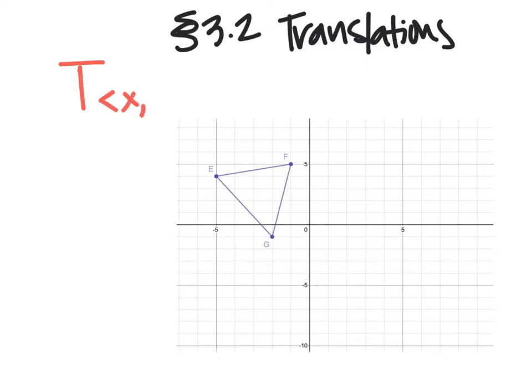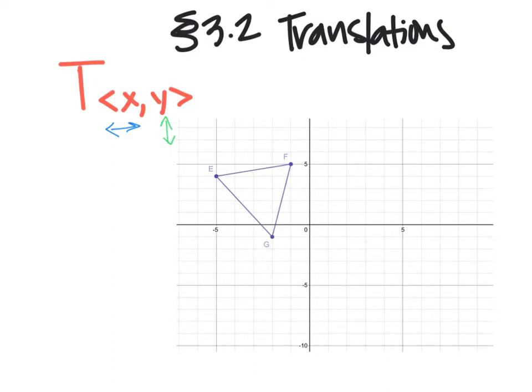parentheses, we use something kind of like vector notation, and vectors are line segments that have both a magnitude and a direction. So this is just a way of saying you're going to move both in the X and the Y direction in the same movement. That's kind of what a vector does. So this is vector notation. The X here tells me how I'm going to move left and right. So it goes this way for X, and then for Y, it's up and down, just like always with ordered